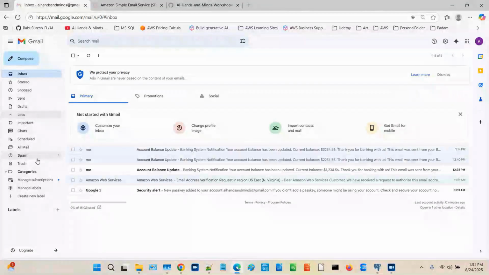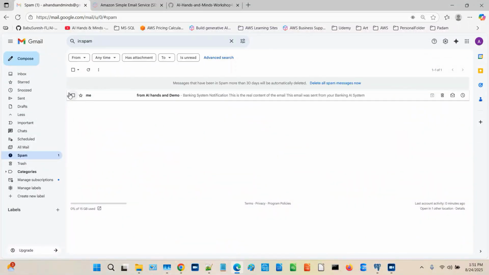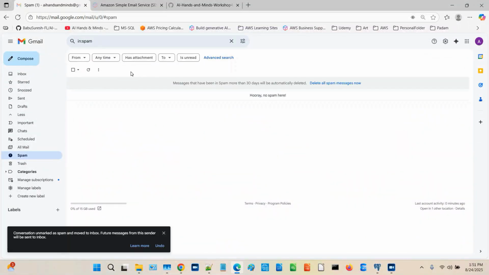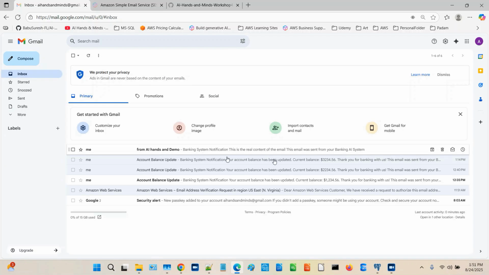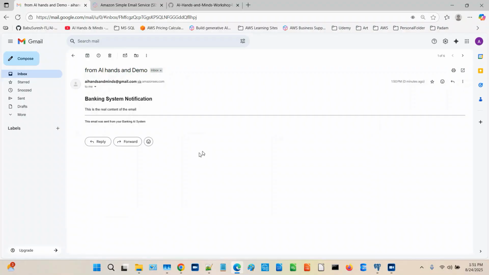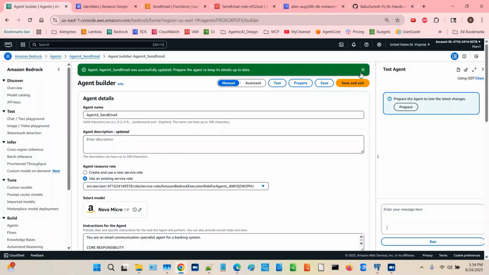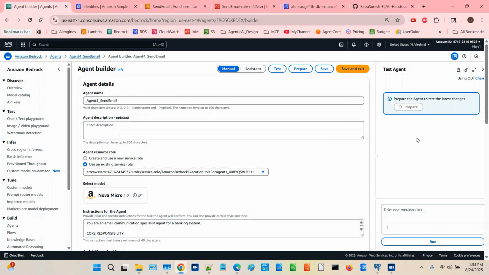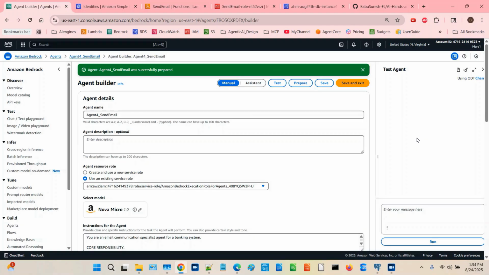Maybe it's in spam. Okay, good. So now we have received one email and I moved it to not spam. If you open it, this is the email which we just sent from the agent. So at this point, our email agent is working. Its Lambda is working. We have tested. I think we can call this as ready